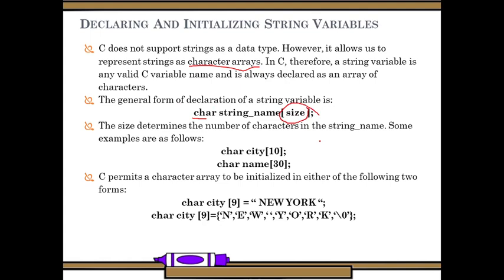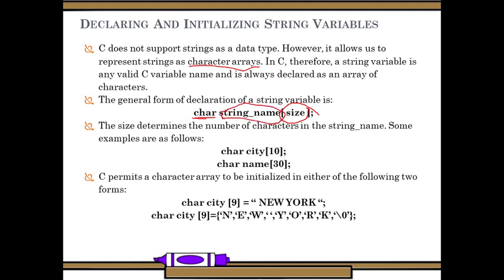So that's why there must always be a size, then only can you make it a string, otherwise you cannot, right? The general form of the declaration of a string variable is the syntax. The general syntax is char, since of course you are using the type char only. Then the name of the string, it is user defined.